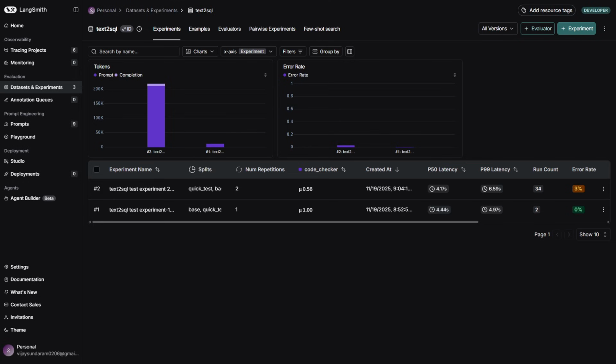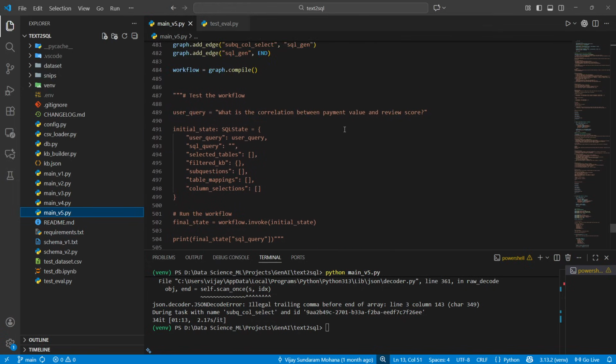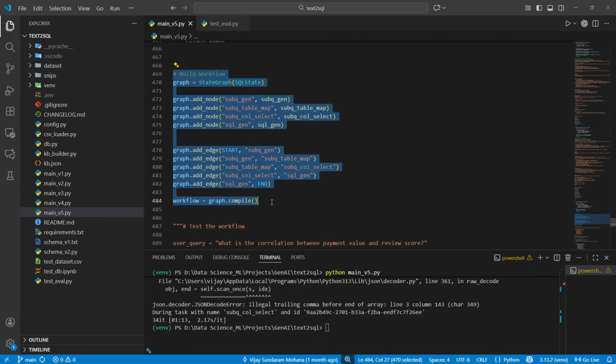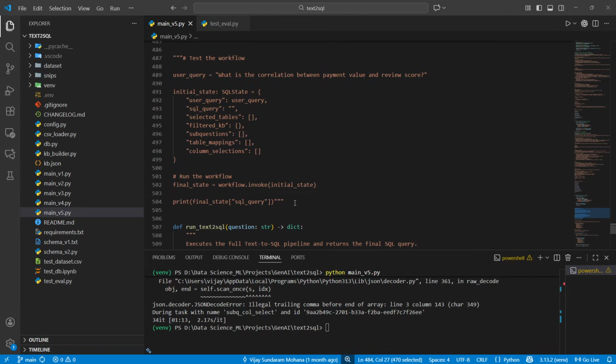I've covered it in the previous video, not in detail as such, but in this use case, let's see how we do it. So what I did with version v5 was make one change after our workflow, which is where we define the nodes and edges for LangGraph. For testing this workflow, earlier we were testing it